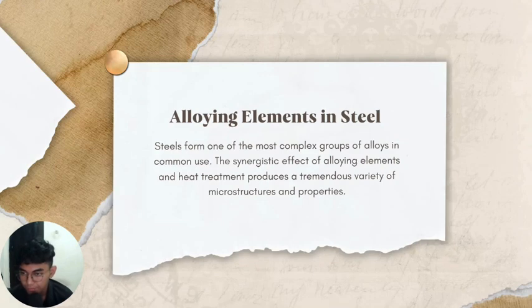Alloying elements in steel. Steel forms one of the most complex groups of alloys in common use. The synergistic effect of alloying elements and heat treatment produces a tremendous variety of microstructures and properties. It will be impossible to include a detailed survey of alloying effects, so only the key alloying elements are discussed here. Carbon is the single most important alloying element in steel, and next, manganese